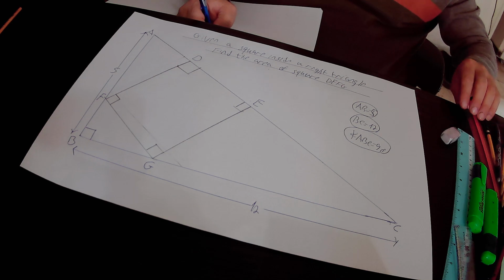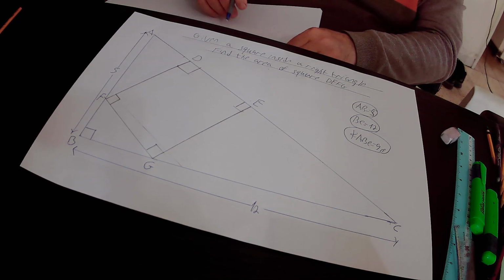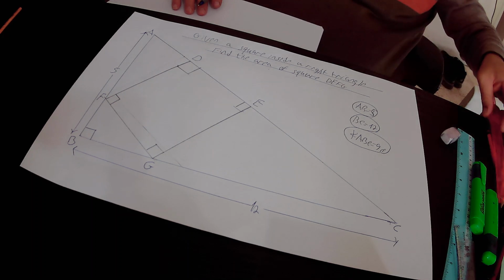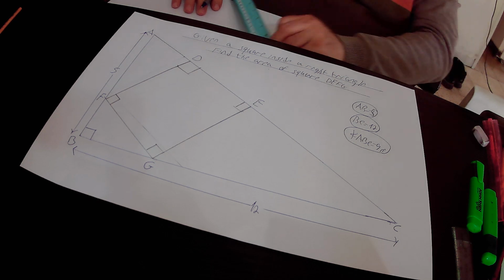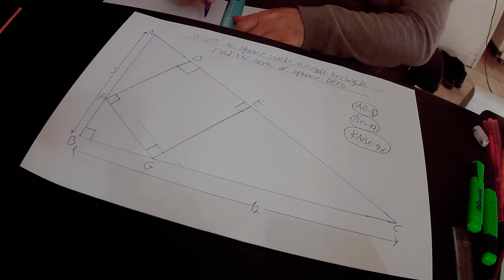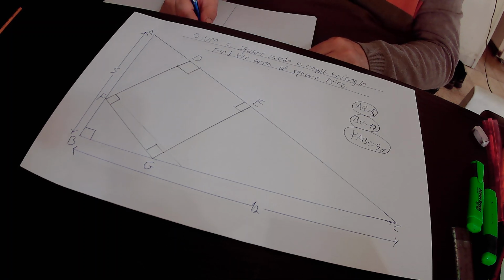According to the Pythagoras theorem, in any right triangle, the square of the hypotenuse equals the sum of the squares of the perpendiculars. So the hypotenuse in this right triangle ABC is AC,